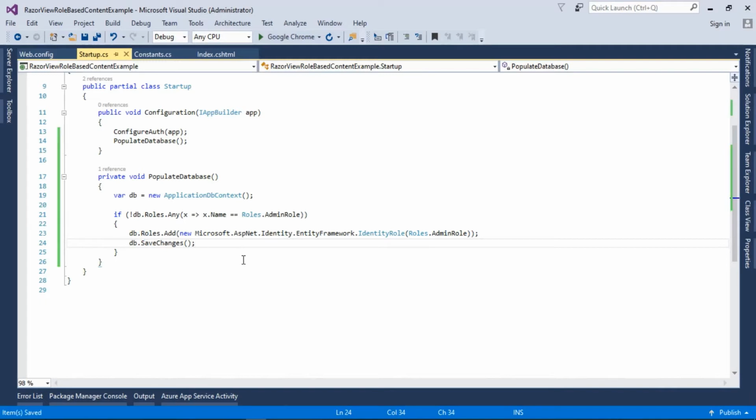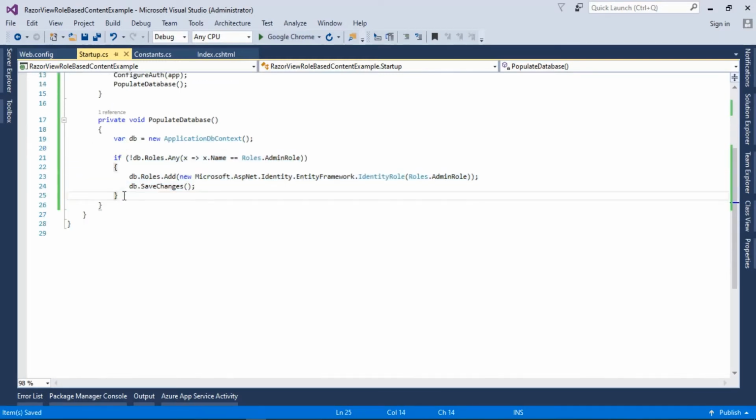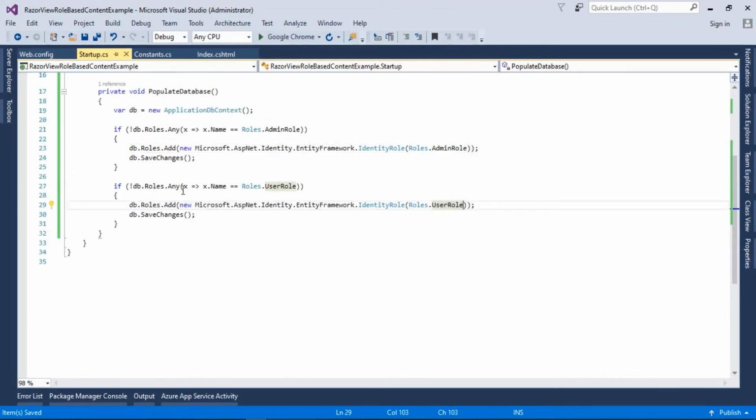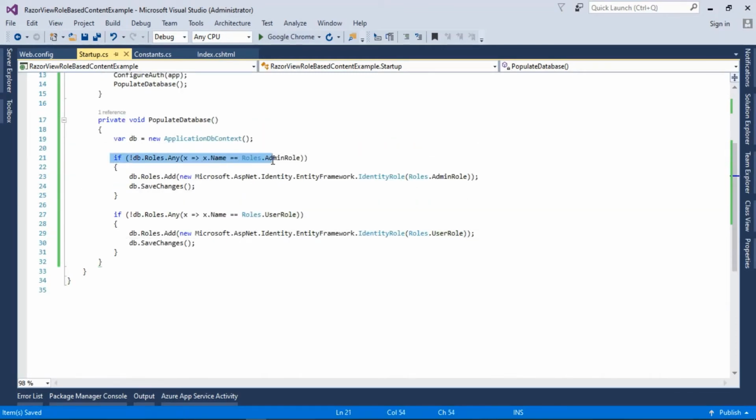Okay guys, now I will copy this again and change it for the user role. So from the role we need to provide the user role, and here also we need to change the user role. What this line does is check if our database doesn't have any role with the name admin, so it will add the new one, and similarly it will check for the user role as well and create the role for the user as well.